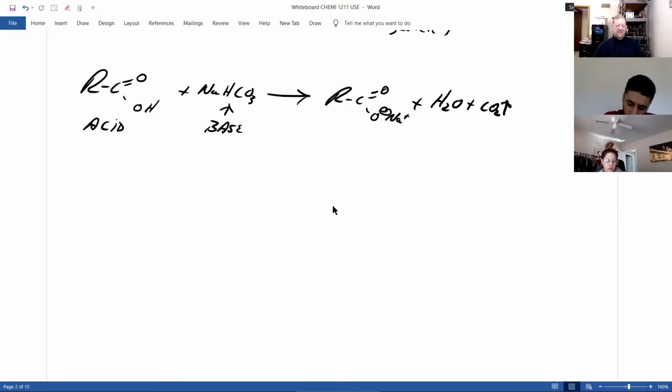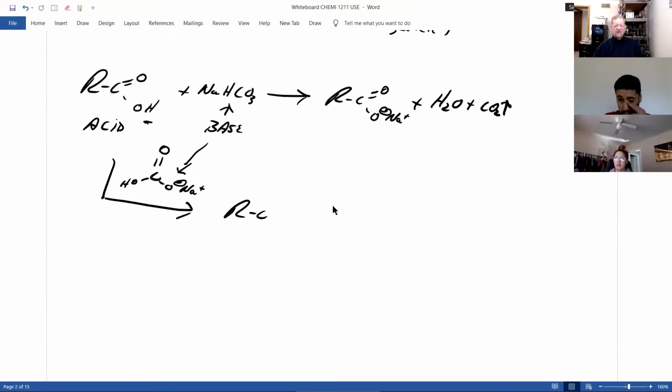Now, how does this happen? Well, let's look at it. What I'm going to do now will not be on a test, but I thought I'd show it to you. This is what the structure of sodium bicarbonate looks like. And when it accepts a proton, what you get